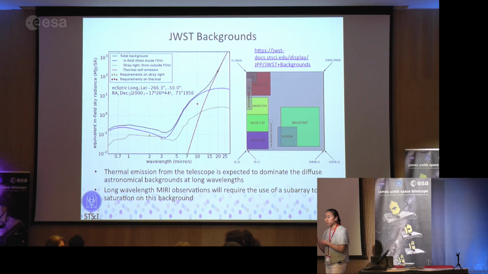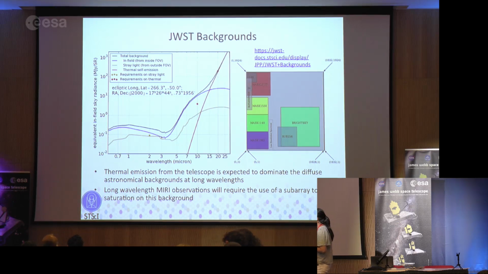So a couple quick things I wanted to point out for MIRI. One is that unfortunately, JWST does not operate as cold as Spitzer. And so if you try to extrapolate based on your Spitzer intuition for how MIRI will perform, you'll actually be a little bit off. So this plot here shows you what the background looks like in megajanskys per steradian as